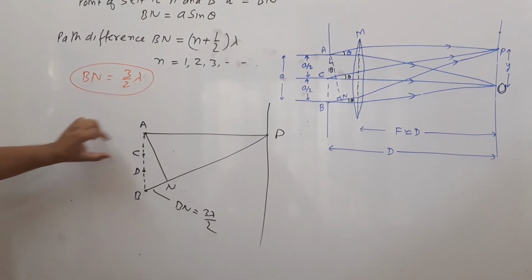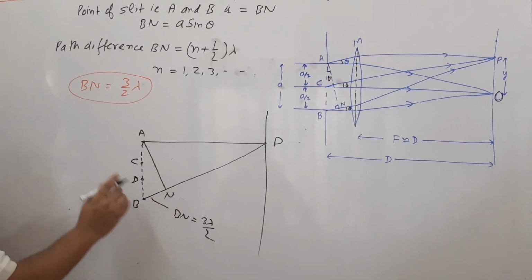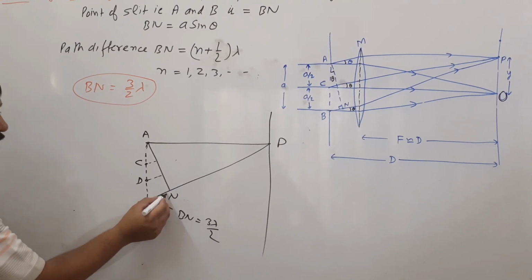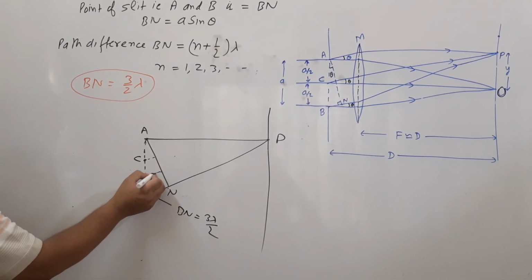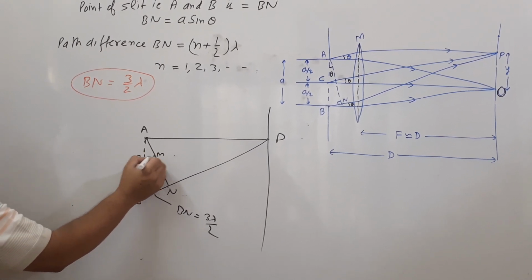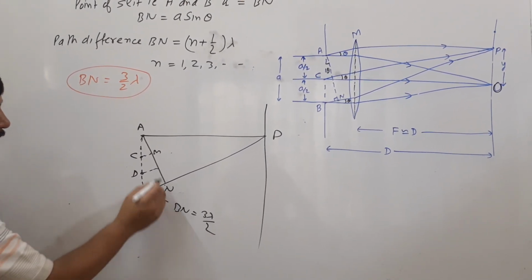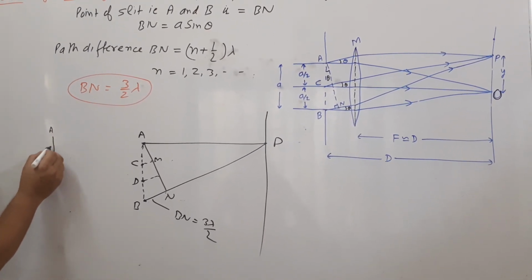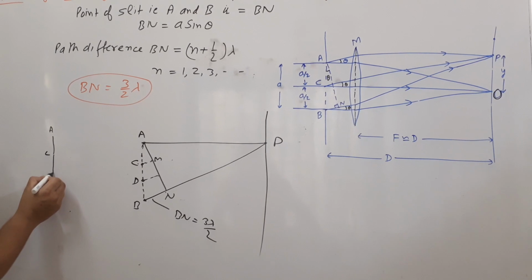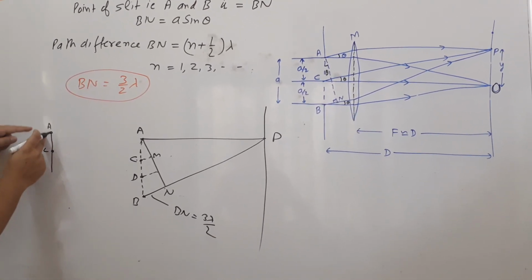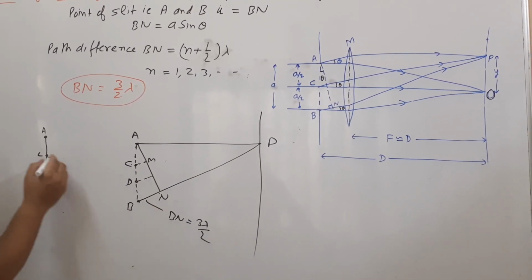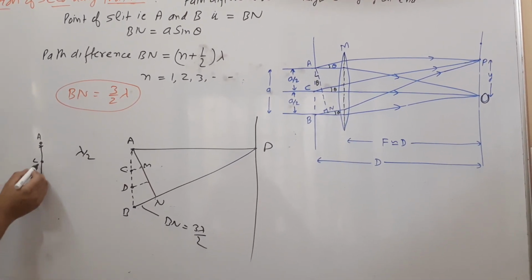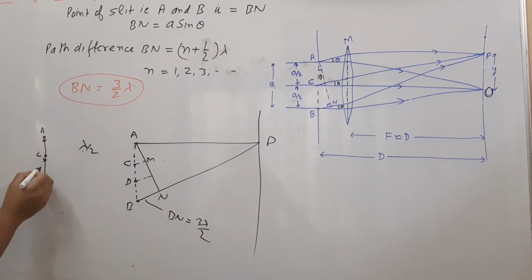So those are the 3 equal parts, AC, CD and DB. If we draw here, this is 3 lambda by 2 Bn. So this will be lambda, and this CM will equal to what? Lambda by 2. If you see AC, one corresponding part of AC, second I have taken CD. From A to C, you will see the path difference will be lambda by 2. Just below A, just below C, this will be lambda by 2.